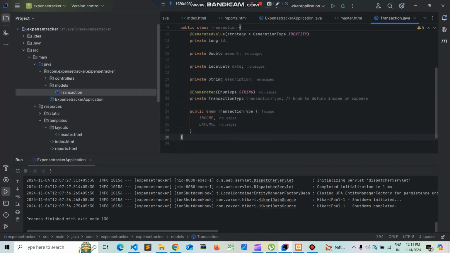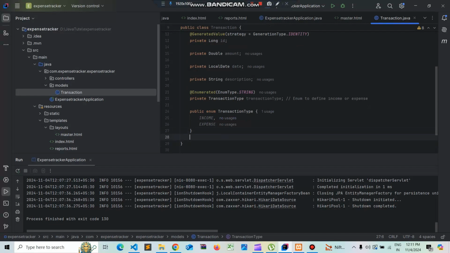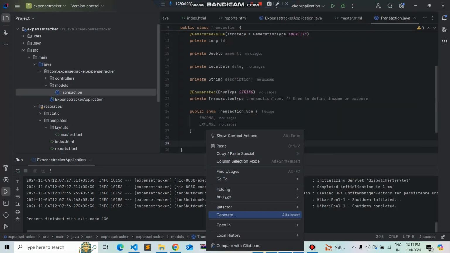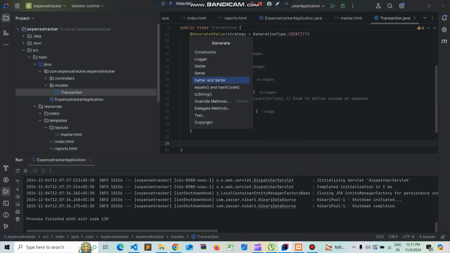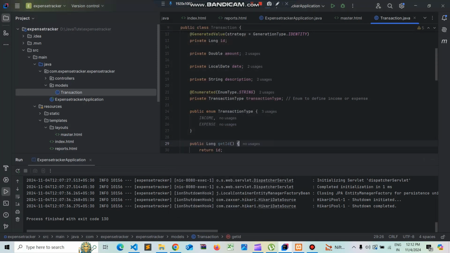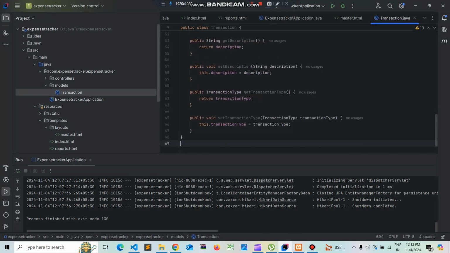Okay, once we do this, we need to create getters and setters for this class. So I will right click on the application and I'll say generate getters and setters. Okay, I'll generate getters and setters for all the fields. I'll click on OK. So I've got the getters and setters for all the fields. Okay, we'll save this file,